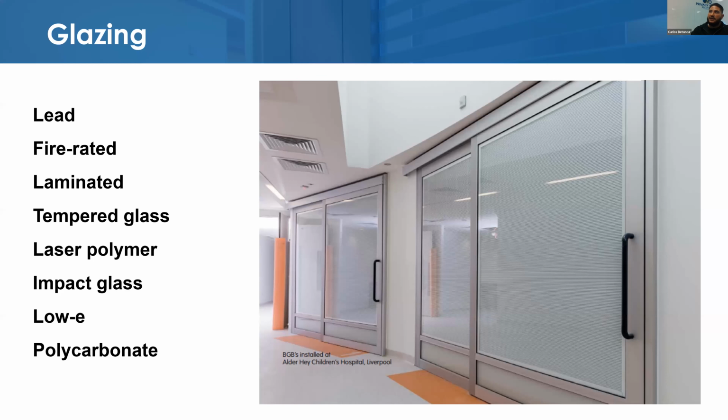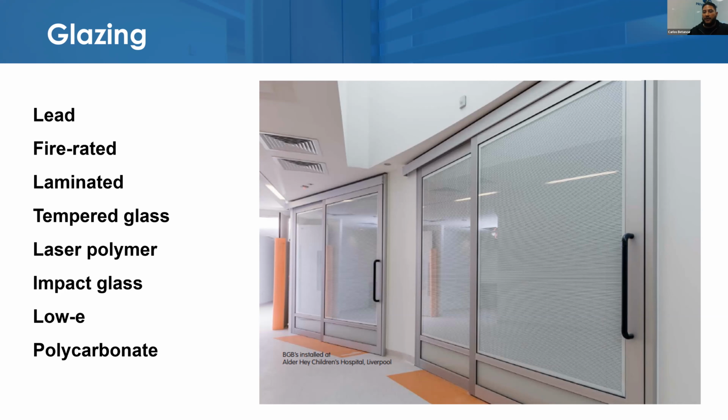the intended application. These are just some of the glazing options that you have: lead glass for X-ray rooms, fire-rated glass, different thicknesses of laminated and tempered glass. You also have protection against surgical lasers with laser polymer. This can be an acrylic and/or film, depending on the specification of the surgical laser. You also have different types of impact glass, low E, which is commonly used for exterior applications. And then you have polycarbonate. Polycarbonate, you'll hear throughout the presentation, you may consider for its impact resistance, often used for behavioral health, high security,